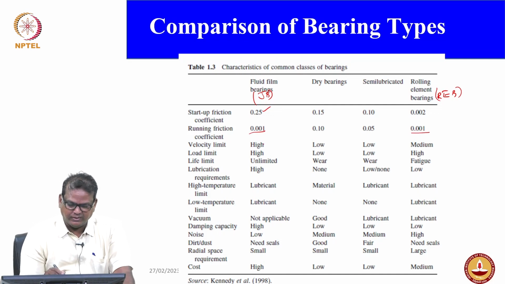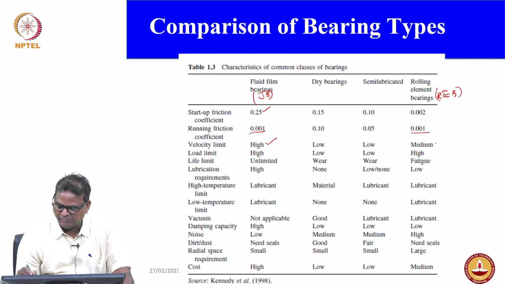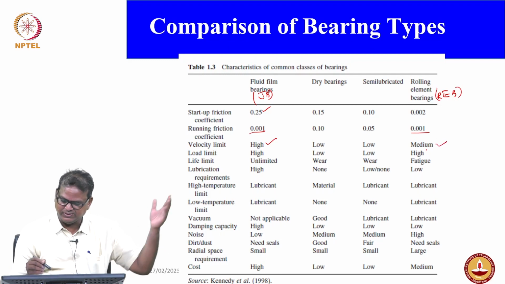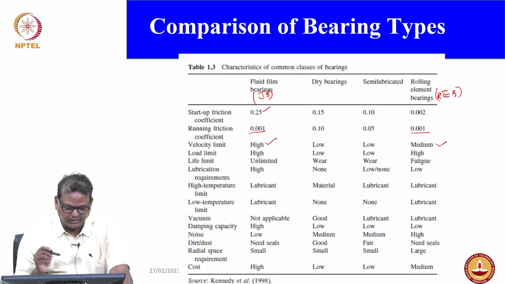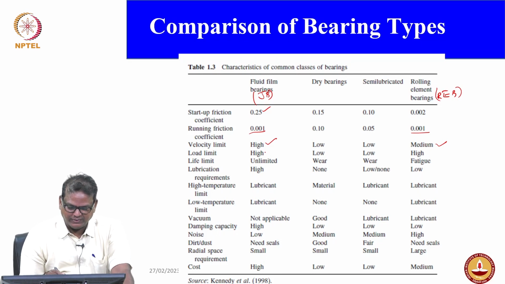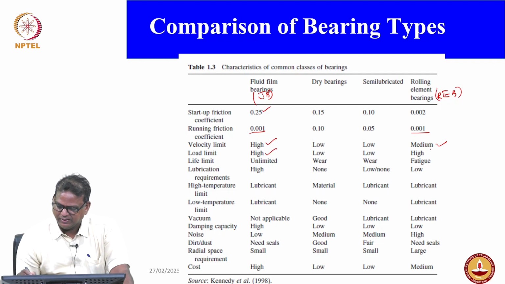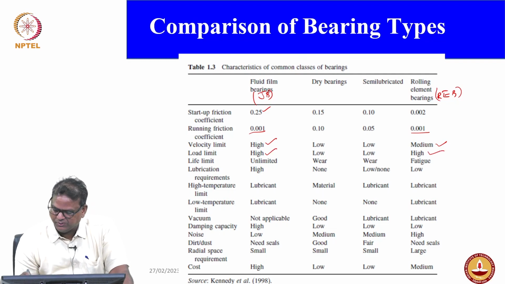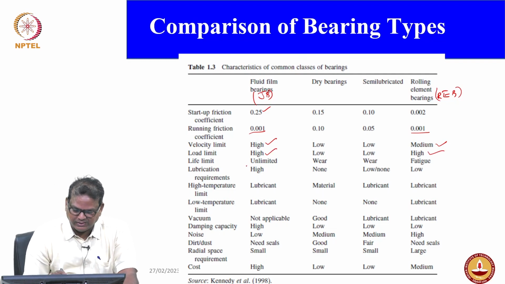You can operate at very high velocity with the journal bearing, whereas rolling element bearings are restricted to medium velocity. That is what the chart also shows. And very importantly, you can go for high load in the journal bearing. The rolling element bearing can also take high load, whereas the life is infinite for the journal bearing,